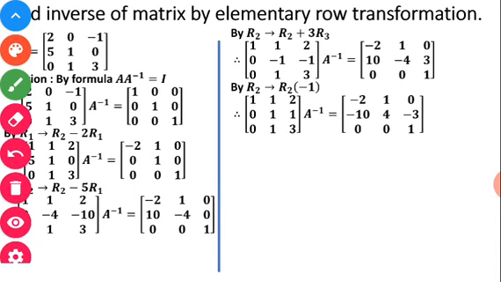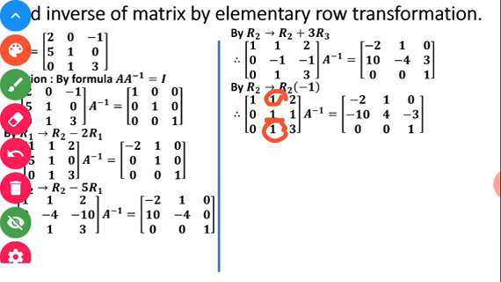And after getting that 1, now my next aim is to make 0. Which one? This up and down, this one as a 0 and this one as a 0, we have to make them 0. And to make them 0, we are going to take the help of this one. Always students remember that once you make a 1 step wise, take the help of that one only to make the 0. Okay, just take the help of that one to make the 0, so you will get your problems easily always.